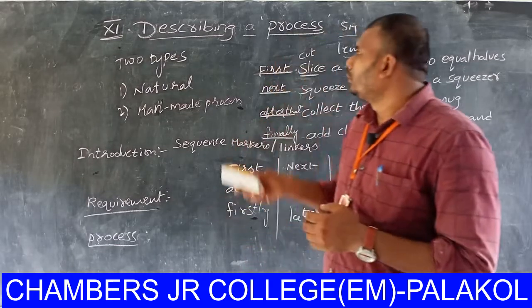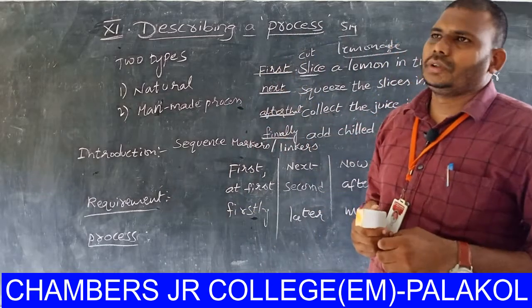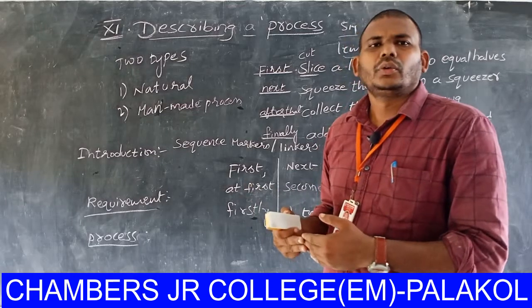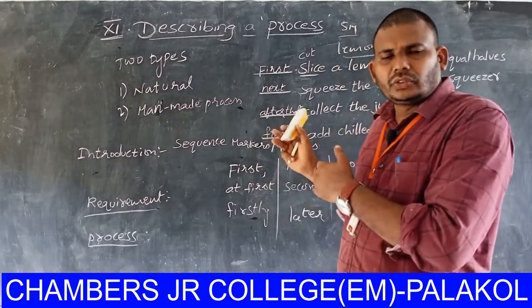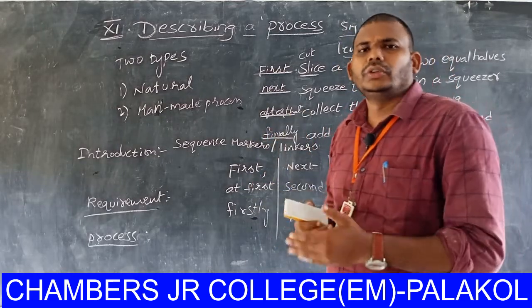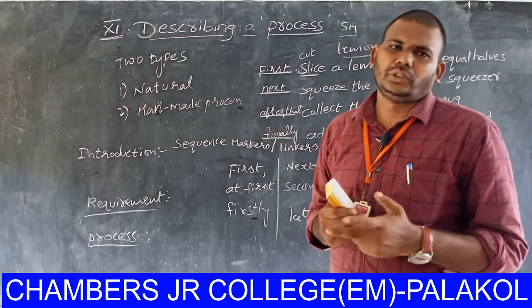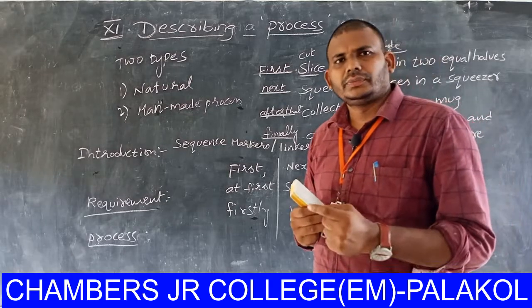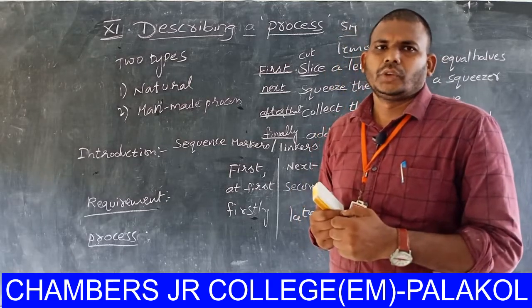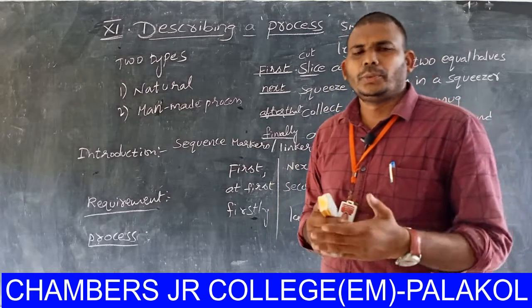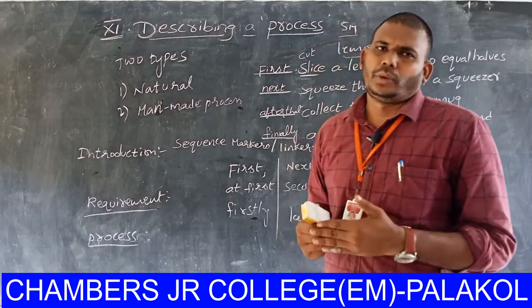And that's all about process description, or describing a process. It is the question given as question number 11, which carries 5 marks, and don't worry, it has a choice. So 2 questions will be asked in the question paper, and you can select one out of them. How many examples are there? 14. Okay, hope you understand this topic well.